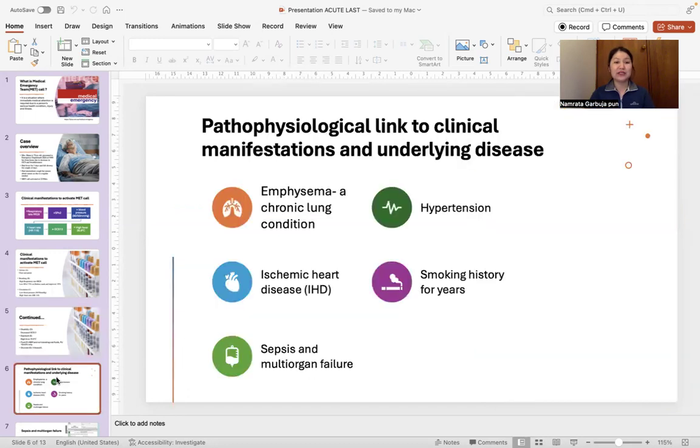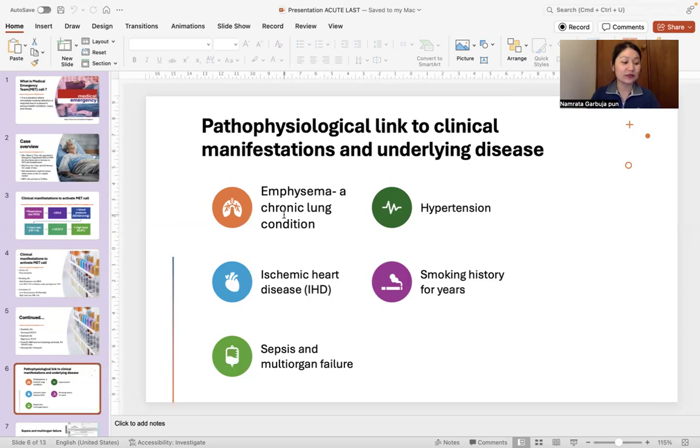And moving to the next slide, let's talk about the pathophysiological link to clinical manifestations and underlying disease. Mrs. Mann has a history of emphysema. She has a history of hypertension, ischemic heart disease, and a smoking history for many years. Let's talk about emphysema. Emphysema is a chronic lung condition where the walls of the alveoli break down and